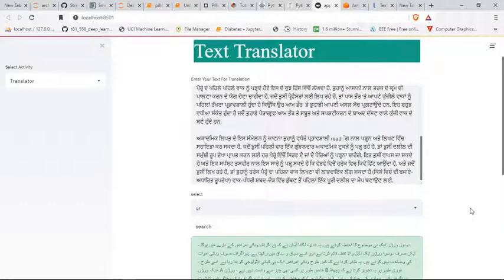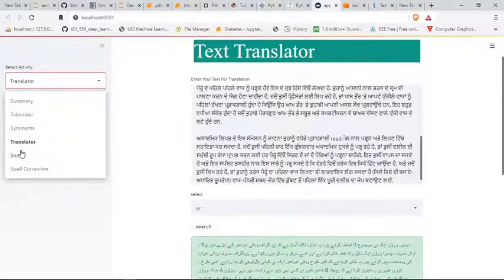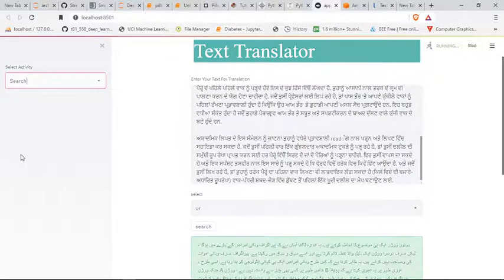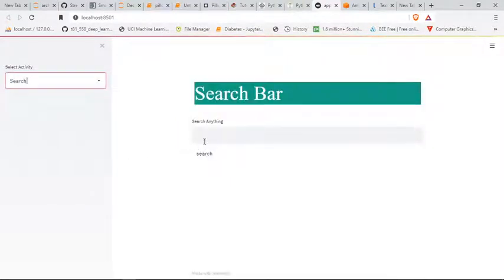Now I will show you the fifth amazing functionality of the project, that is the search bar. And this is something like Google and Yahoo. You can search anything. For example, I search here for machine learning.